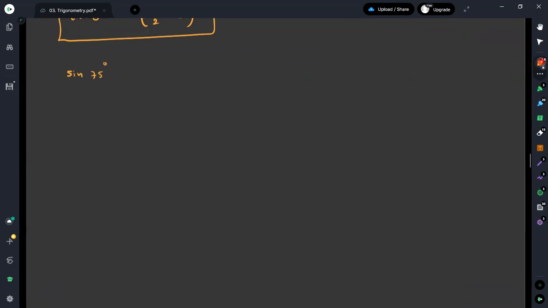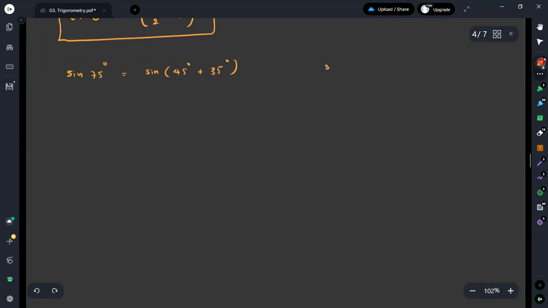Using the value table that we have, or the common ratios for sine angles, we may not be able to easily find a value for sine 75 degrees. Therefore, in a situation like that, you can divide this angle into the addition of two other angles. So, I will try to write it as sine 45 degrees plus 35.